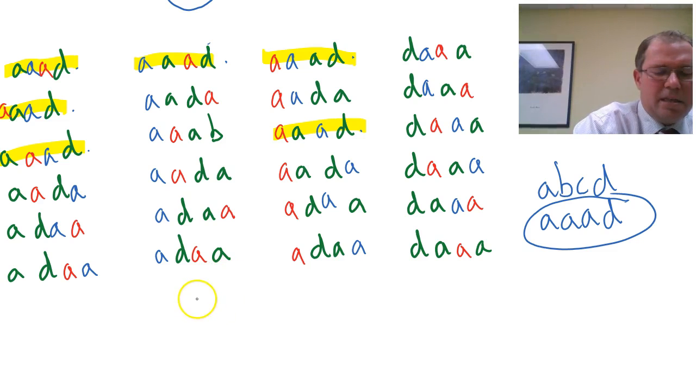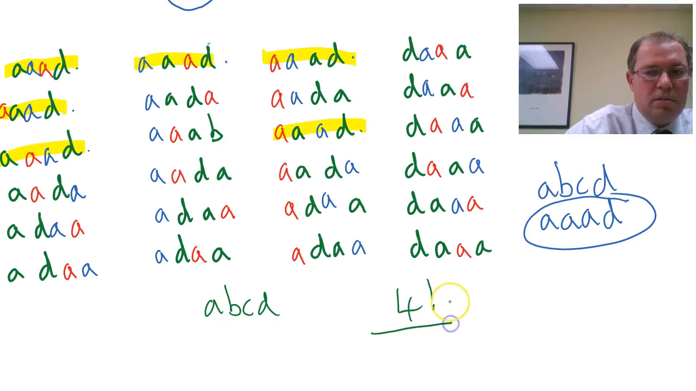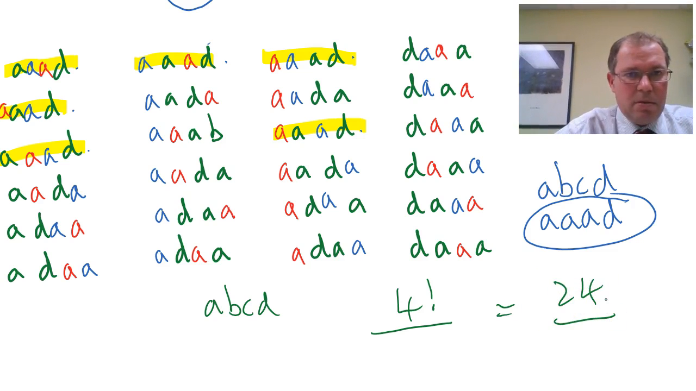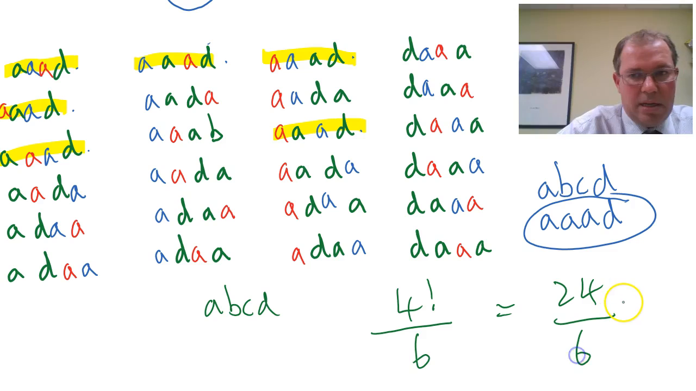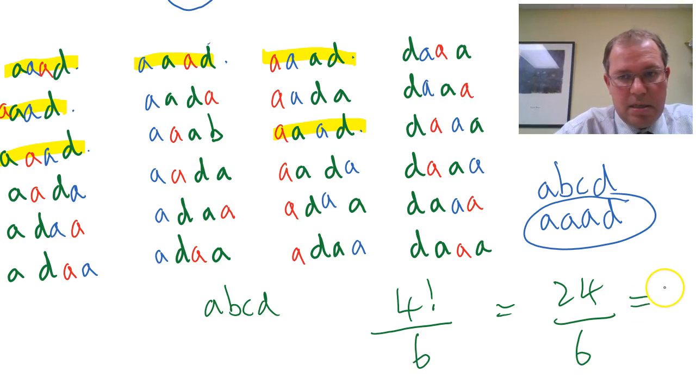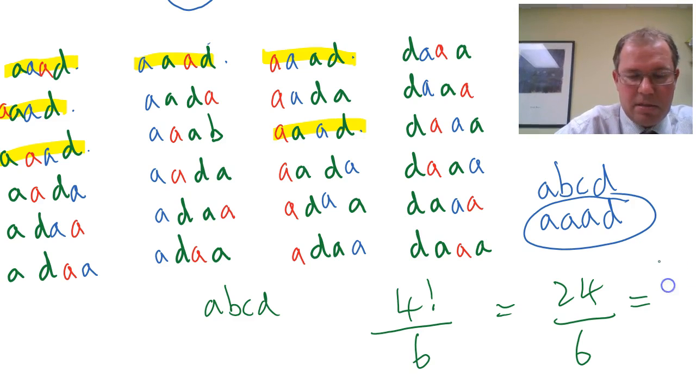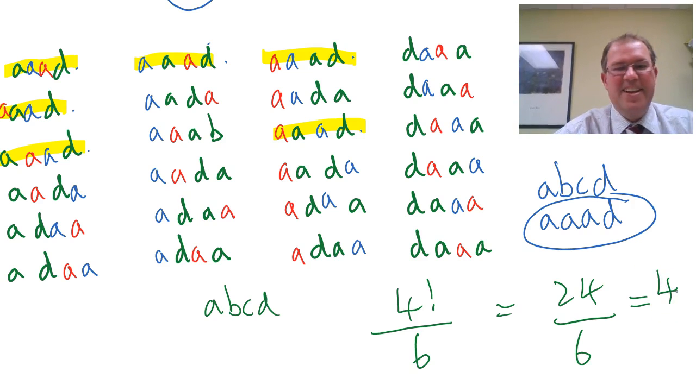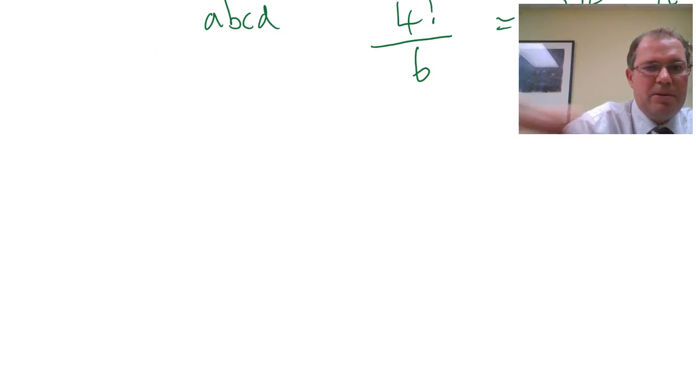So in actual fact, if they were all different, I would have 4 factorial different ways, 24 different ways, which is what we got before. But now I've got repetition of 6 each time. So instead of dividing by 2, I actually divide by 6. And 24 divided by 6 is 6. No, it's not. 24 divided by 6 is in fact 4, of course. My apologies. So we've got 4 different ways of arranging, which makes complete sense when you think about it, because